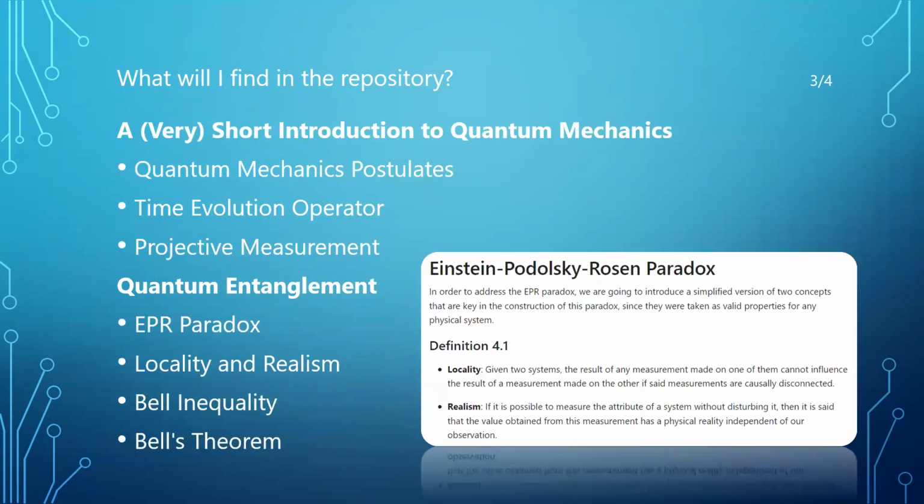The next two sections address the physics component. The first one is a very short introduction to quantum mechanics and how we can use the mathematical tools developed in past sections to understand important physical concepts, such as time evolution and wave function collapse and so on. Next, quantum entanglement is a core concept in quantum computing, so it deserves its own section. And at this point, all the theory that we have developed so far is summarized.